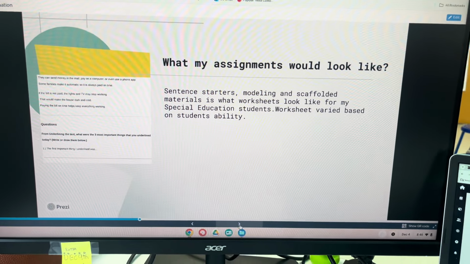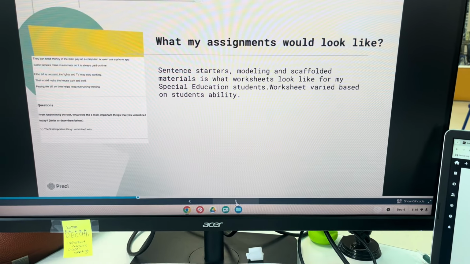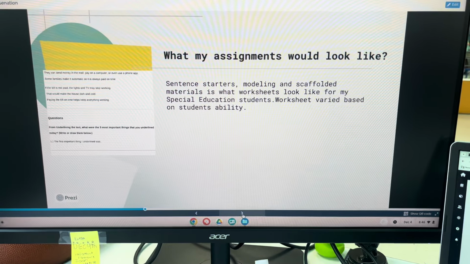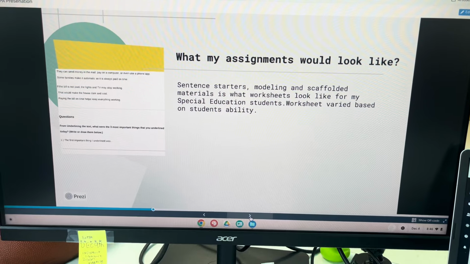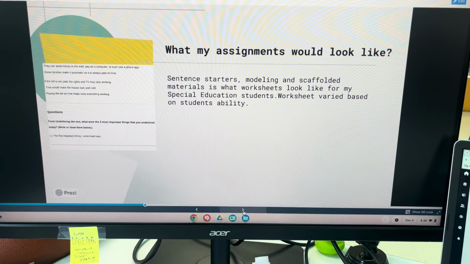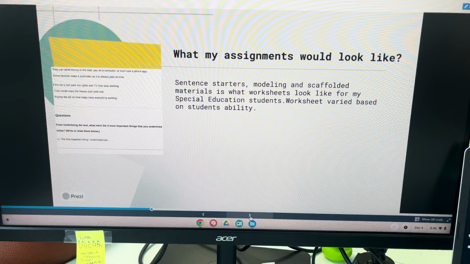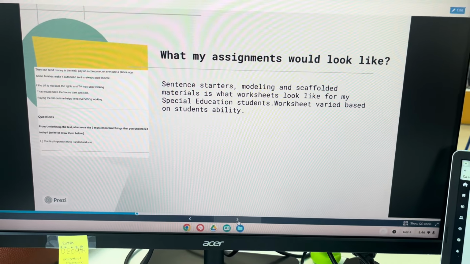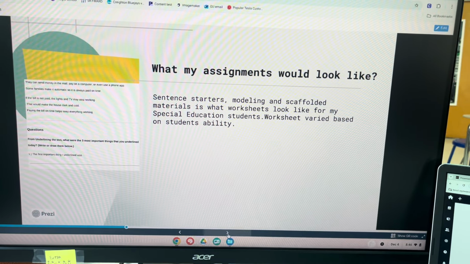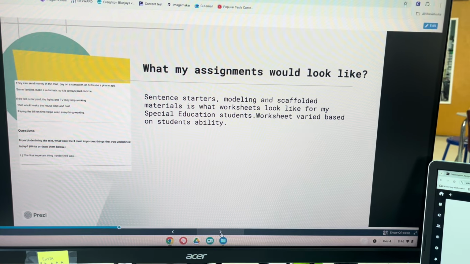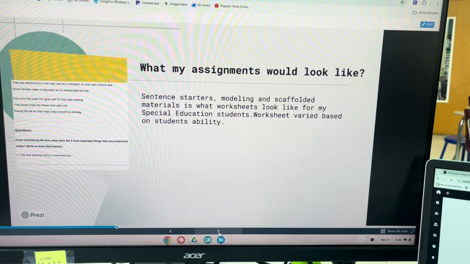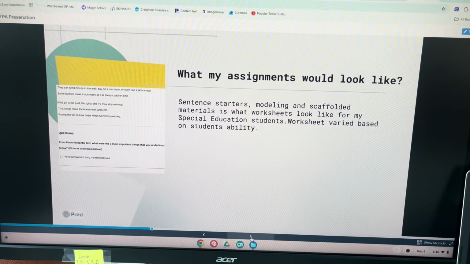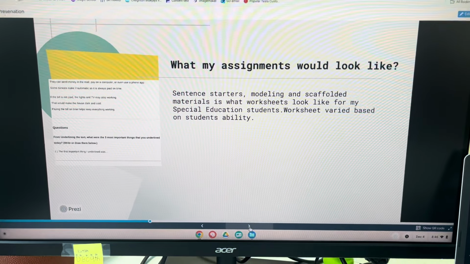What my assignments looked like is I had to do things like sentence starters. I had to model. I had to scaffold. I had to give my students a chance to meet the learning goal, no matter what their learning ability was. I gave them peer support, and so I created worksheets, and what you can see throughout the clipped pictures is that I would give sentence starters. So you can see here that I put the first important thing that I underlined, because my students really struggle with formulating their own thoughts. But whenever I'm able to give them a sentence starter and give them verbal accommodations, that's when they can really succeed towards the learning goal.